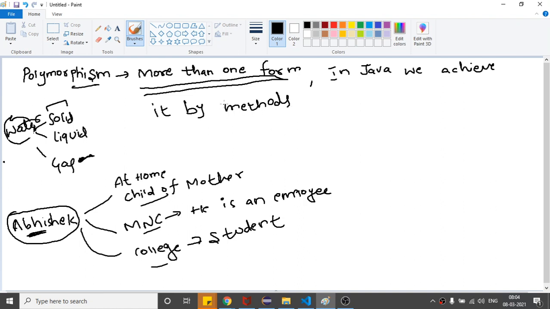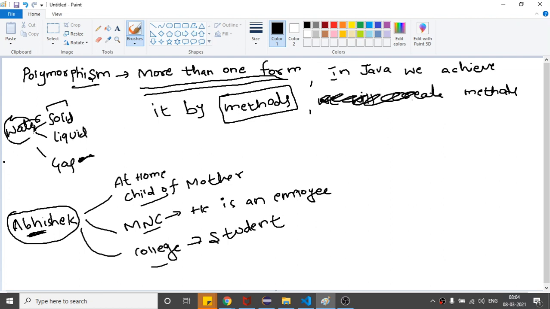Basically we create methods. You can simply say that you can achieve it by methods, and you will write that it is of two types.